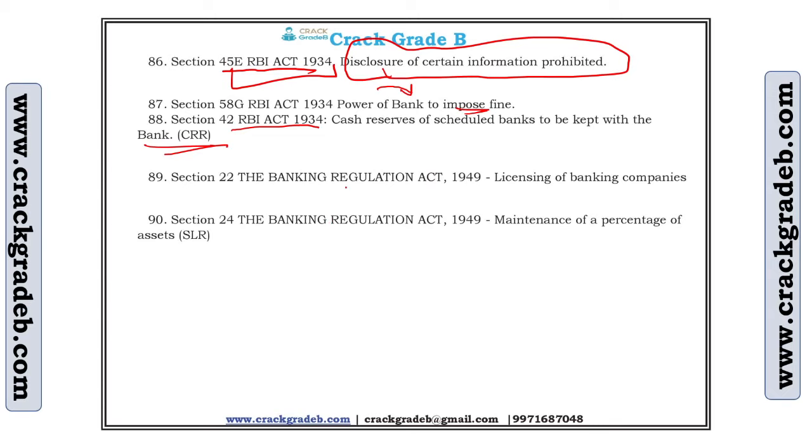Section 22 of the Banking Regulation Act. Look, most of the common or basic things are covered in the RBI Act. If you remove the Banking Regulation Act 1949, RBI doesn't have much power to regulate banks. But if you include the Banking Regulation Act, RBI becomes so powerful, in terms of managing the financial system of the country, regulating the entire banking sector, and also the money market. Section 24 of the Banking Regulation Act, maintenance of a percentage of assets, that is